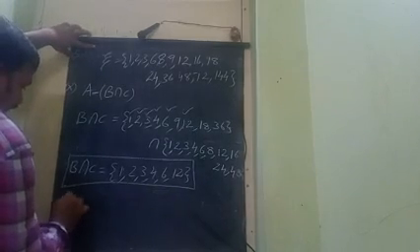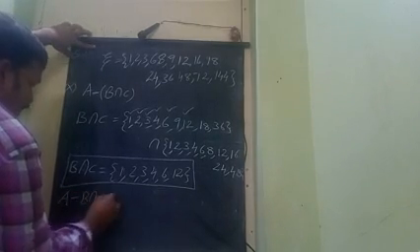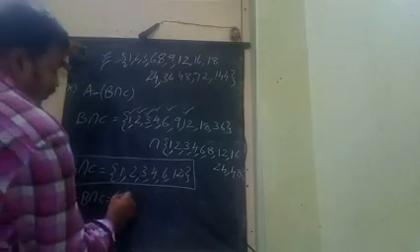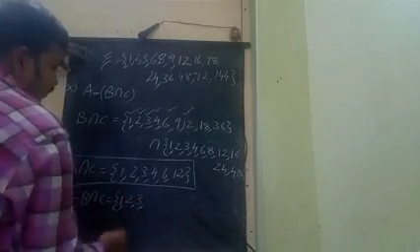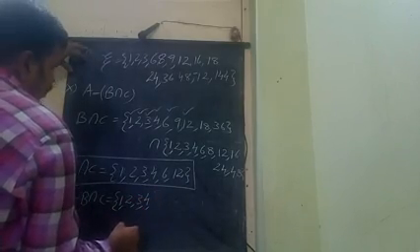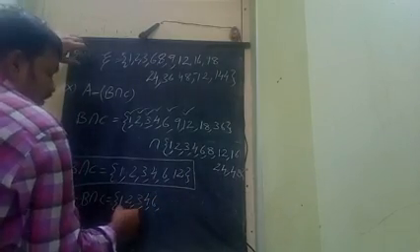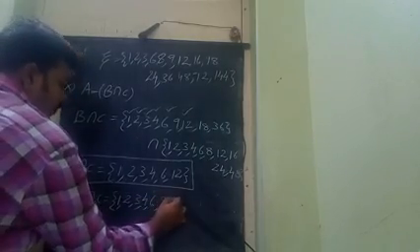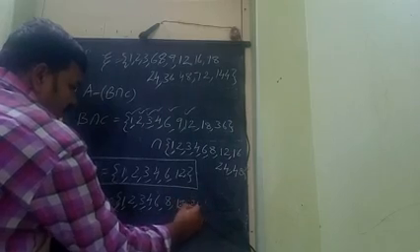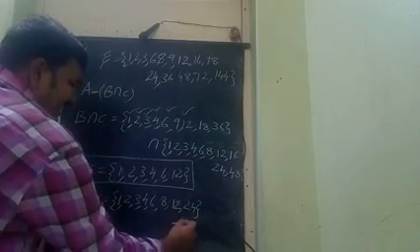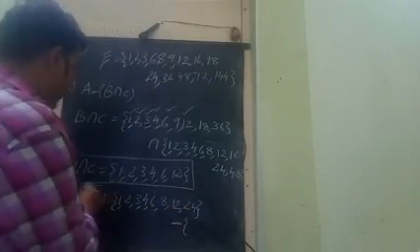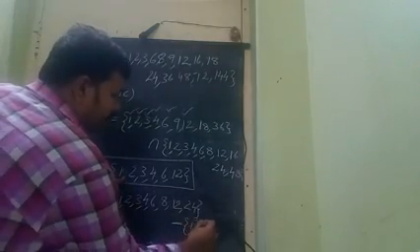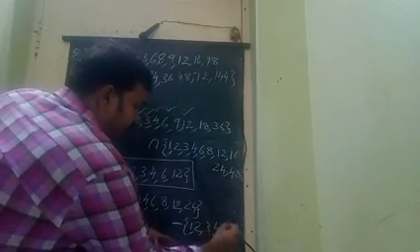Now we have to find A minus B intersection C. What are the values of A? A values means the factors of 24. 1 table, 2 table, 3 table, 4 table also possible, 5 table no, 6 table yes, 6 4s are 24, 7 table no, 8 table, 8 3s are 24, 9 table no, 12 2s are 24, and next one is 24. Minus, we have to write B intersection C, as given in the question. So the B intersection C answer is in the box: 1, 2, 3, 4, 6, 12.